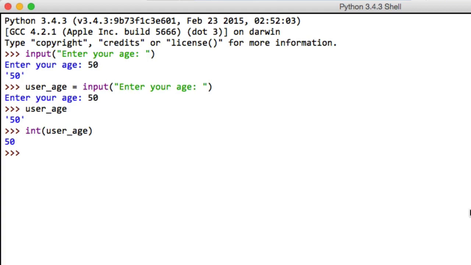So now we can move on and calculate the number of seconds that this person that is 50 years old has lived for. So what we'll do is int(user_age) multiplied by 365, which is the number of days in a year, multiplied by 24, which is the number of hours in a day, multiplied by 60, the number of minutes, multiplied by 60 again, which is the number of seconds. And this gives us this very large number,